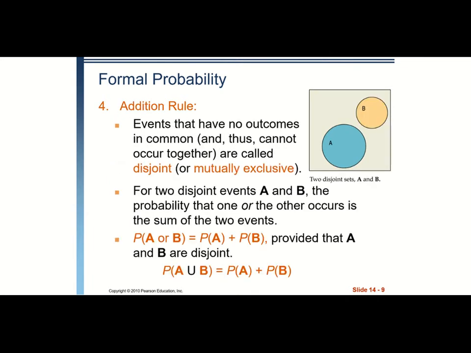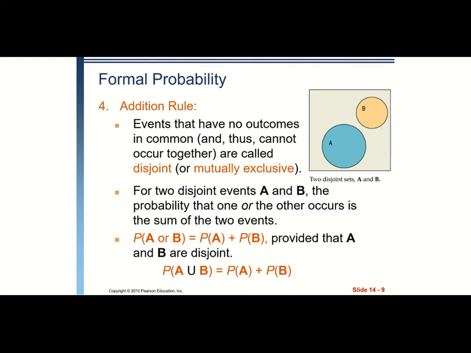Now let's move on to probabilities involving two events, and let's start by defining the term disjoint. Disjoint means that two events cannot happen at the same time. We can see in this Venn diagram that event A has no overlap with event B. These two events are disjoint, or also known as mutually exclusive. They have no common outcomes, so there's no way that one event can be in both event A and event